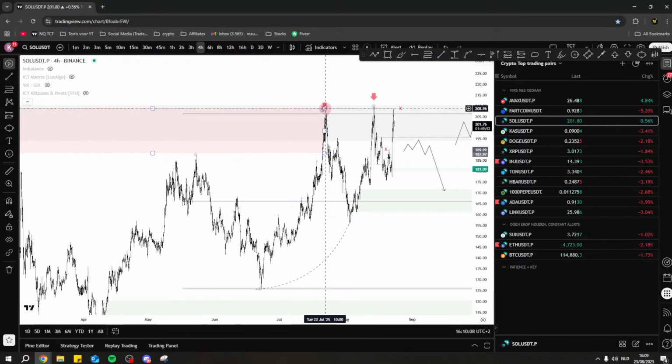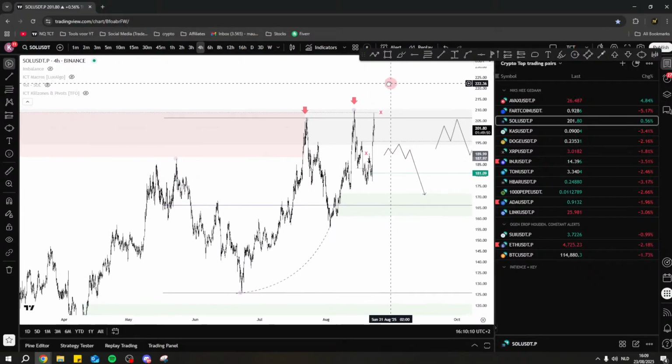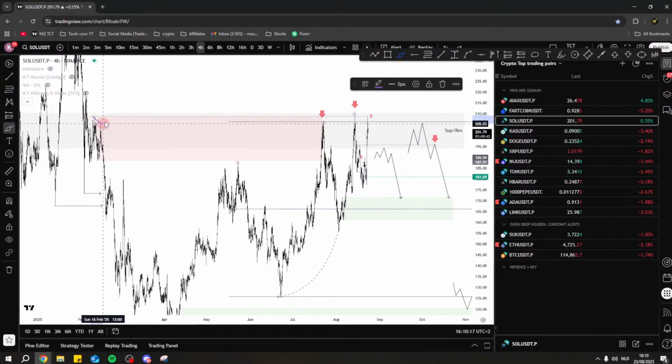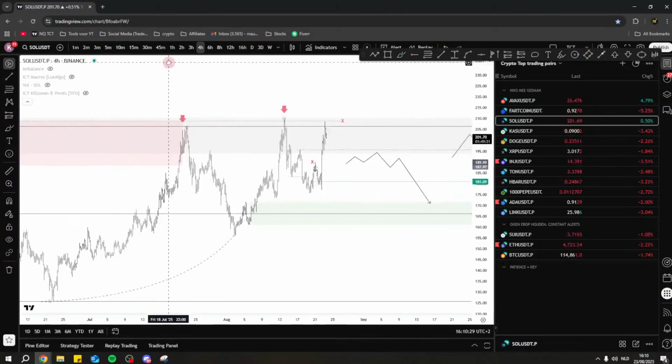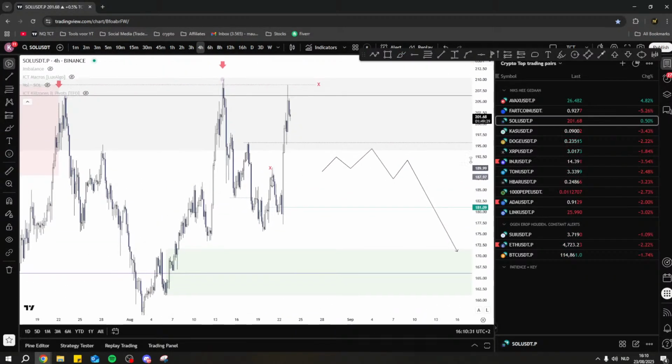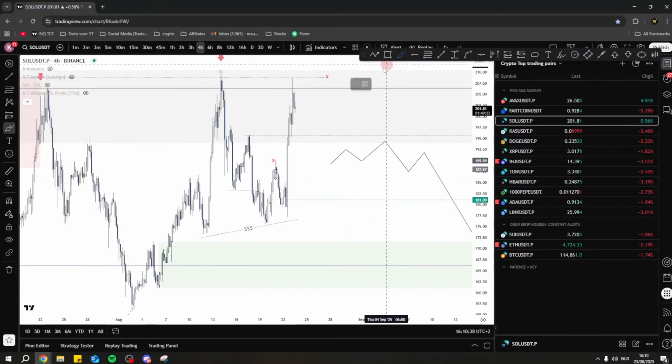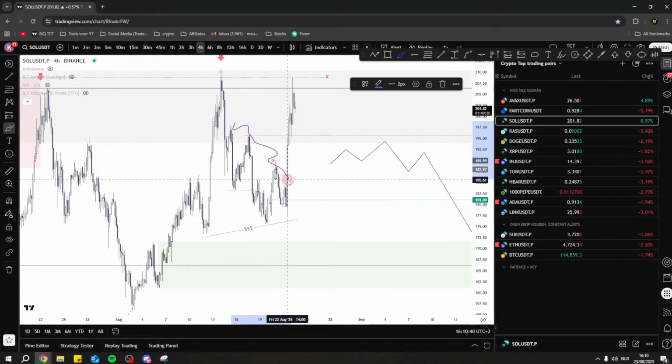For me, we do have some market maker top signals here, and we do not have to go above this high, because this took out your supply here that brought you towards new lows, and there's not really a reason to go any higher here if we are bearish. So it's actually at a really interesting point right now. There is good looking liquidity down here. We had been building up liquidity here.